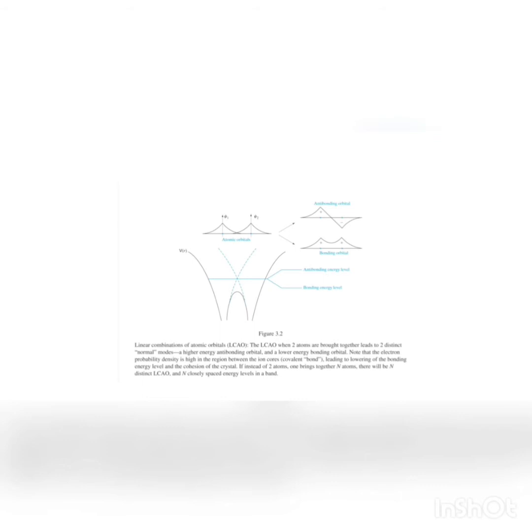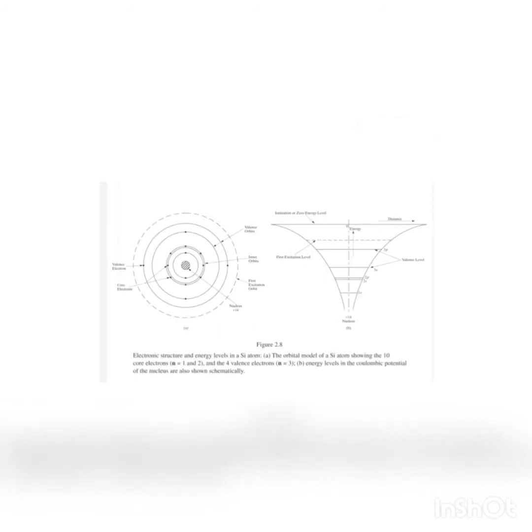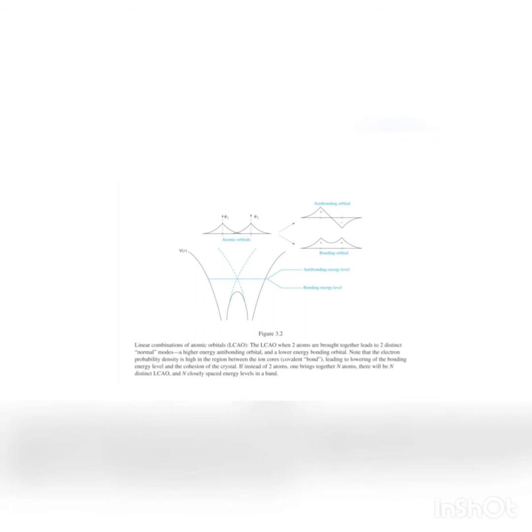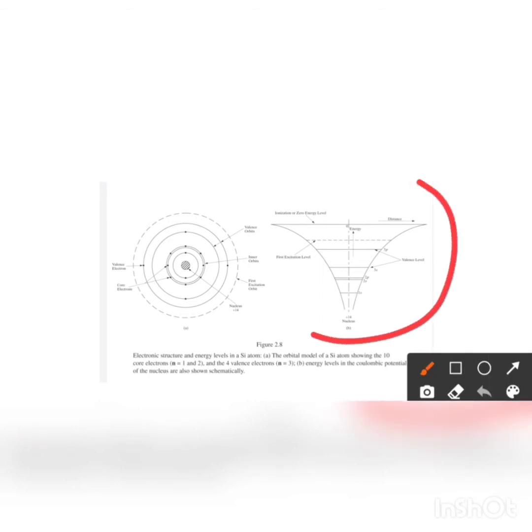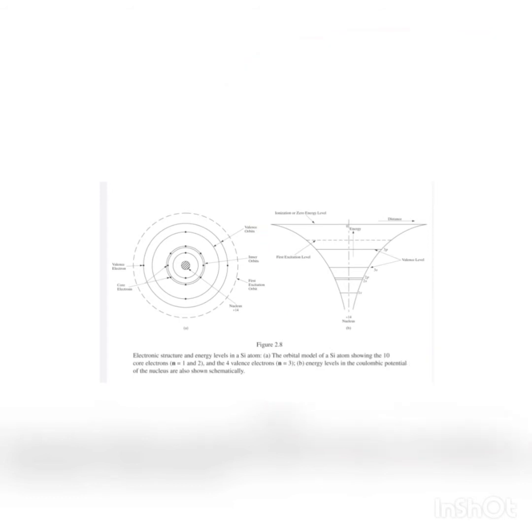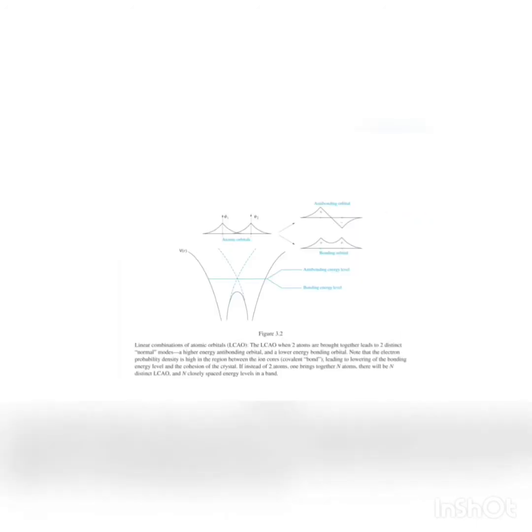So you can see here the energy levels of both are shown. There will be two energy levels, one the anti-bonding energy level and the other the bonding energy level. This figure is the continuation of the previous figure. Here we have seen the silicon structure, with energy levels in the Coulombic potential of the nucleus. This is for silicon, and the one I have drawn now is of hydrogen. So the anti-bonding orbital and